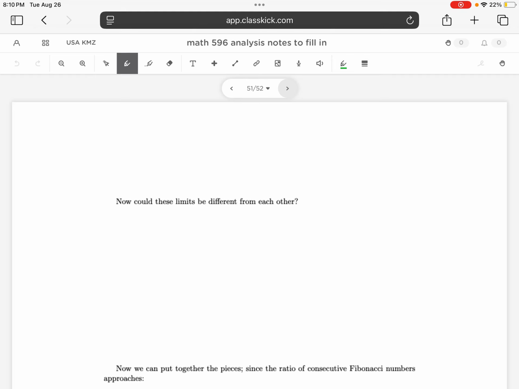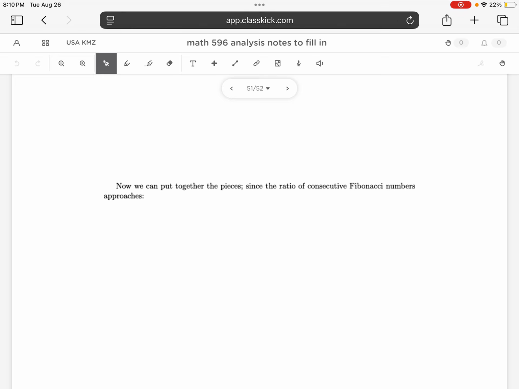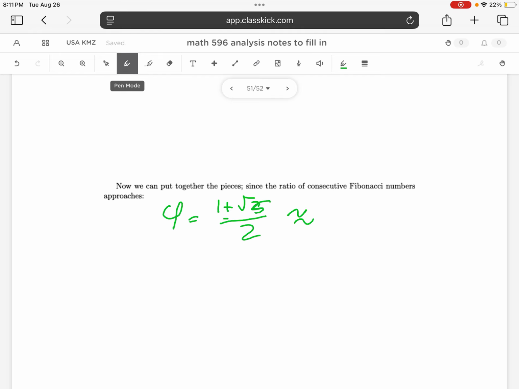Oops, we already talked about that a little bit. We can say that the ratio of consecutive Fibonacci numbers is approaching phi, which is 1 plus the square root of 5 over 2, and that's approximately equal to, what is that? I think it's approximately 1.6. There's more, right? So phi is an irrational number. It's going to go on forever, but we'll say it's approximately 1.6,